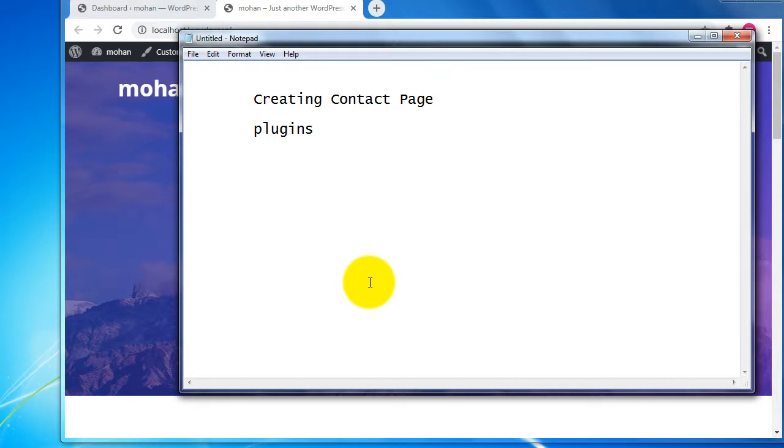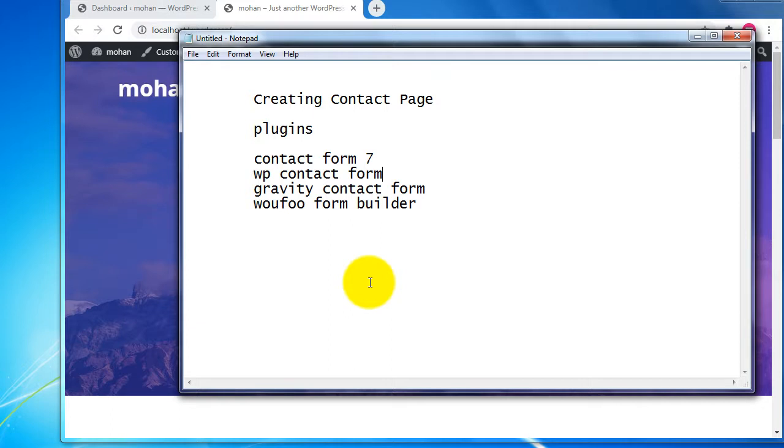To create a contact form we can use WordPress Contact Form 7 plugin, Gravity Forms, UFO form builder, and some other WP contact plugins. Okay, WP Contact Form. So I would like to use this plugin only.